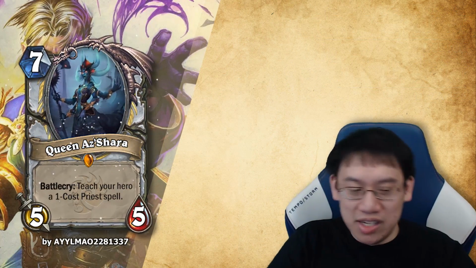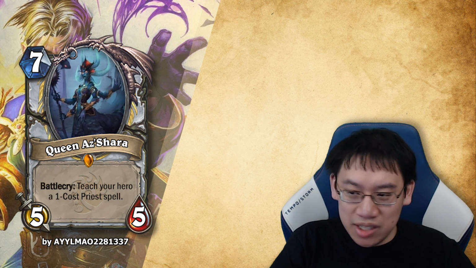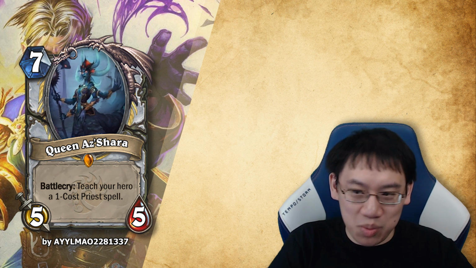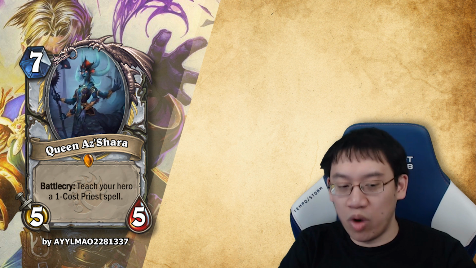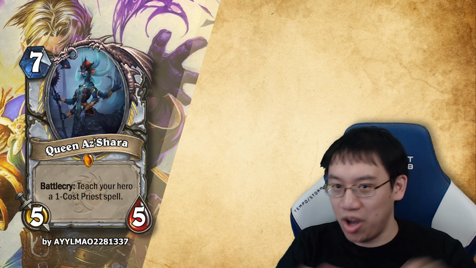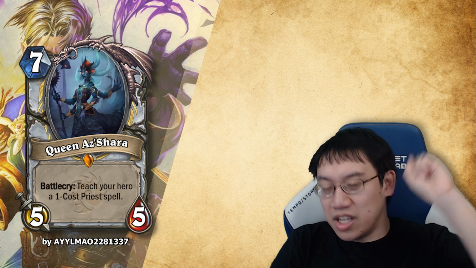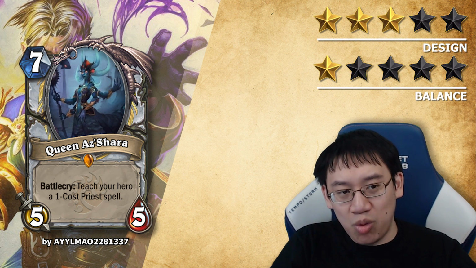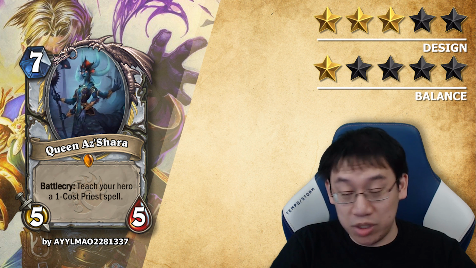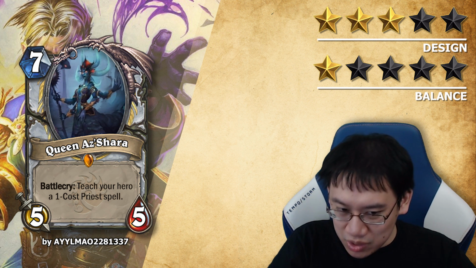Queen Azshara. 7 mana, 5/5, priest legendary. Battle cry. Teach your hero a 1-cost priest spell. What that does is it takes the pool of 1 mana priest spells, you discover 1, and then your hero power, which costs 2 mana, becomes that. Design 3 stars, balance 1 star. I think it's a really cool idea. I think it's a good use of the word teach, but there's something fundamentally wrong with this card, and there's